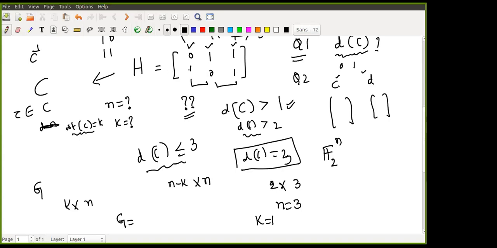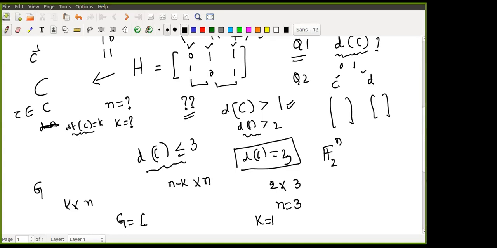Okay. Now in order to find G, what is the perp of C perp? That is C. So G is the parity check matrix of the perp of C perp. That means we look for the vectors which are orthogonal to this, right? That way also you can see. What is G? Can somebody tell me now?